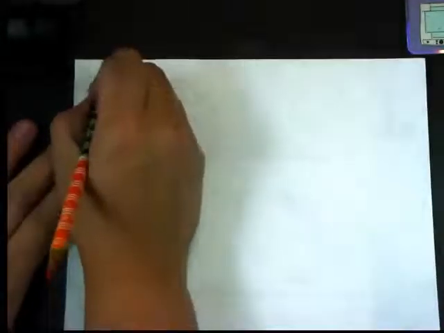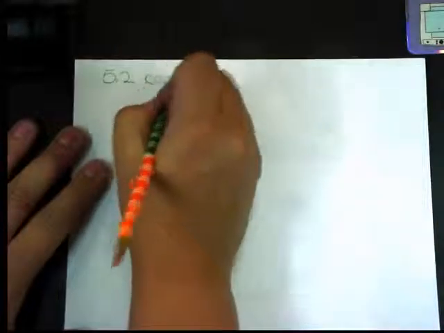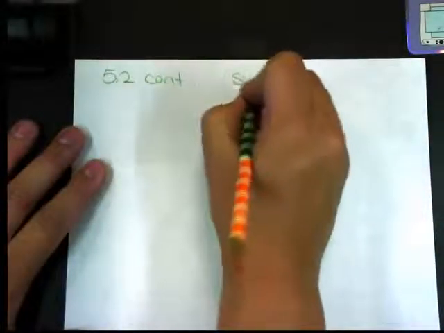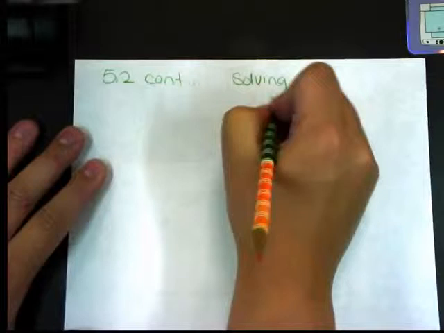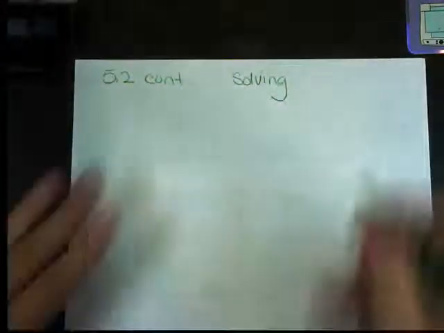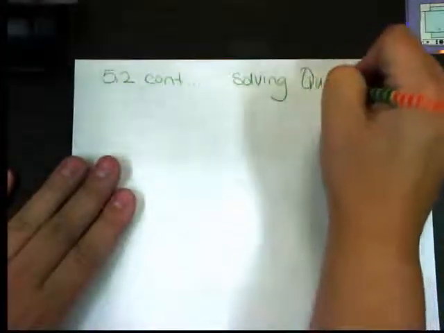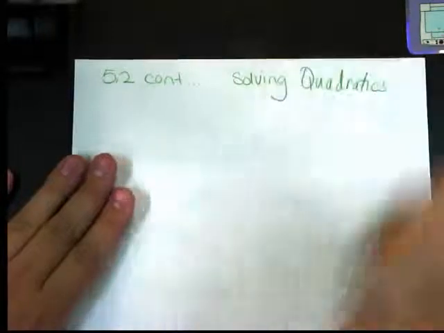5.2, the first part was factoring. So to continue with 5.2 is solving. Solving our quadratics. Hopefully remembering from